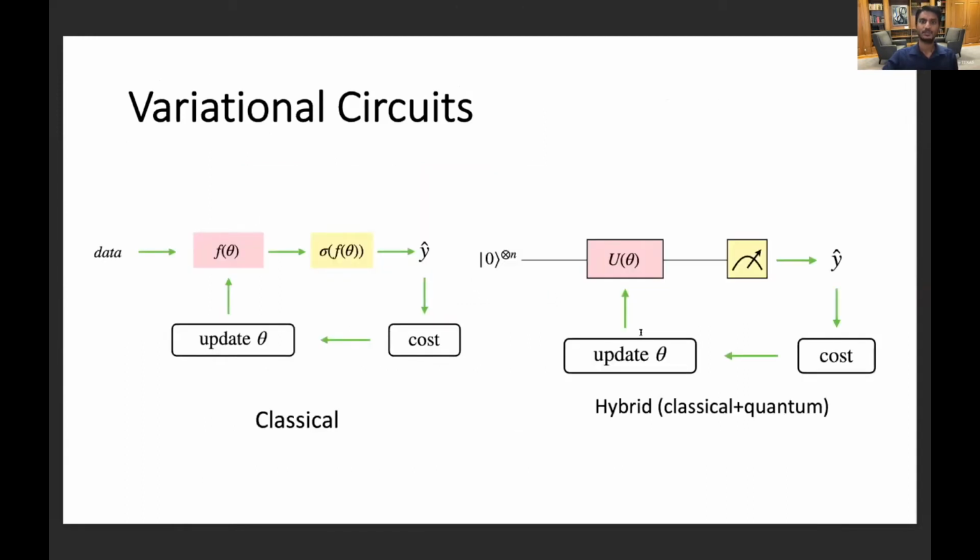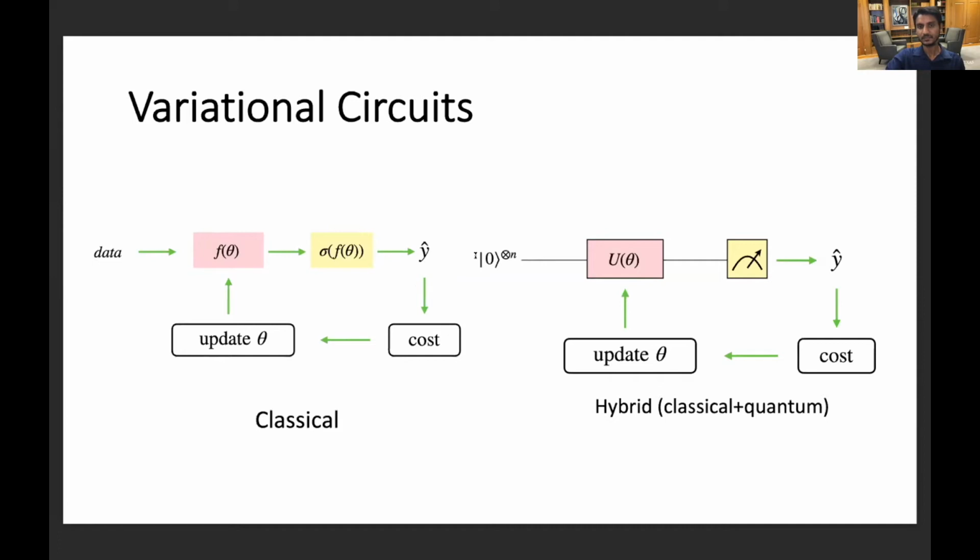Okay. So basically, this is again reiterating the difference between the classical and hybrid classical-quantum variational circuits. Here, in classical, you have some data, you compute something that corresponds to some function f, and that gives us a cost function, and that cost function is then used to optimize and update the parameter, and this cycle goes on and on. In the quantum model, what you start with is not just the data, but